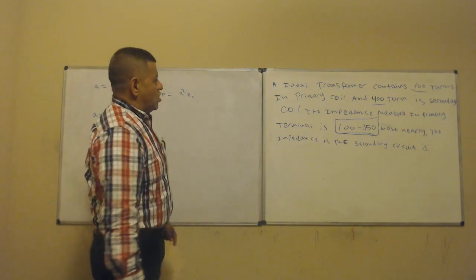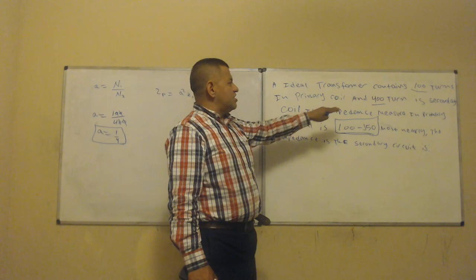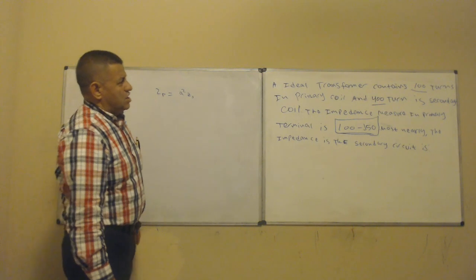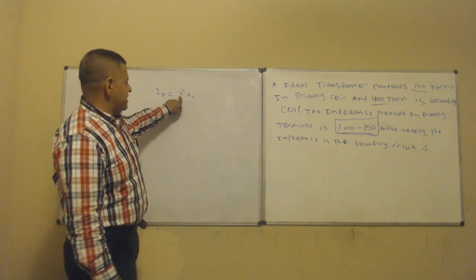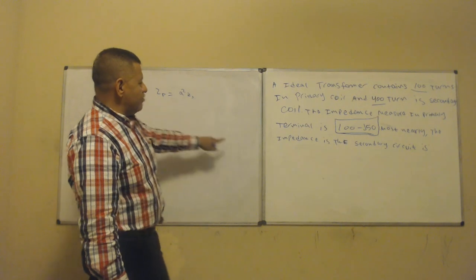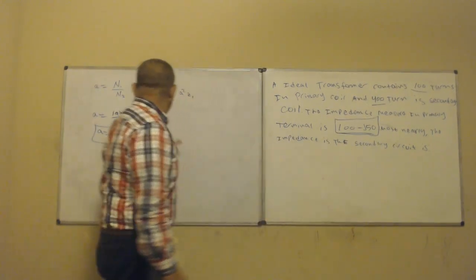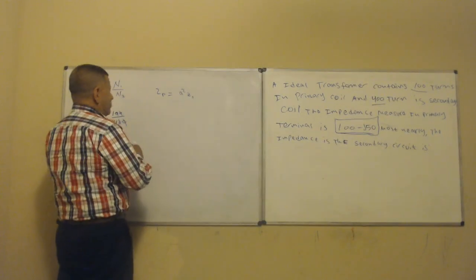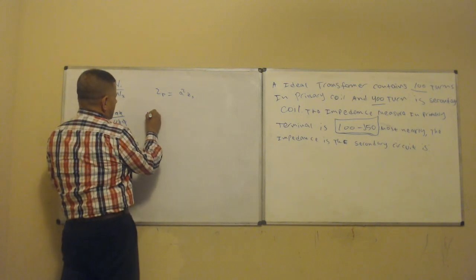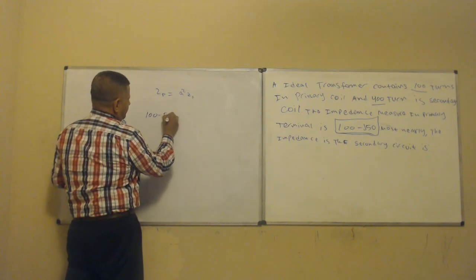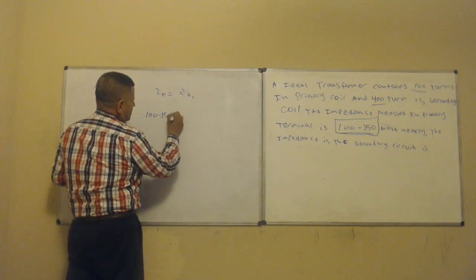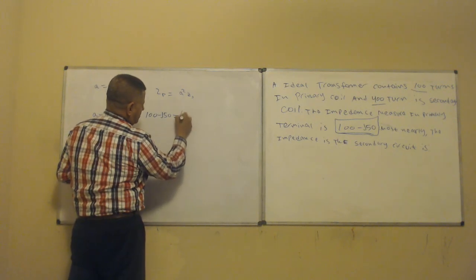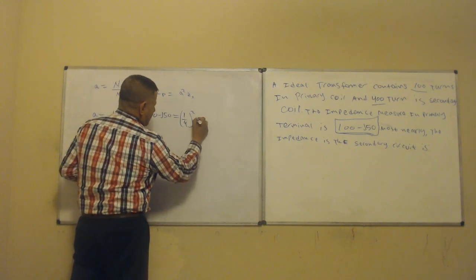But think about it. They give us a term. Based on the terms, we found A, right? We found this ratio. We use this in this formula, right? And what are we trying to find? We're trying to find the secondary. So basically, we will replace this guy by this. So what we do is the following: 100 minus 50, J is equal to 1/4 square,